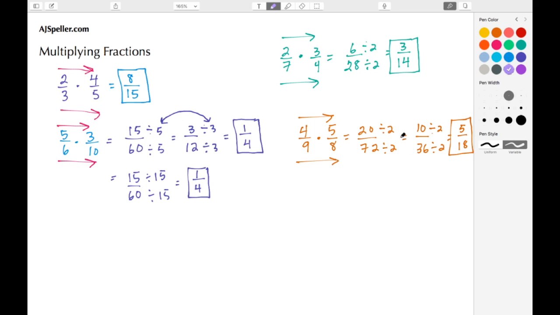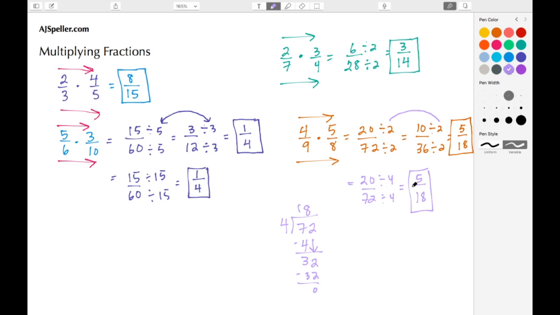And again, we did not divide by the greatest common factor. Here we divided by 2 and divided by 2, so that means that the greatest common factor would have been 4. So let's do that here. So 20 divided by 4, and then 72 divided by 4. So 20 divided by 4, of course, gives us 5. And if we do the long division with 4 as the divisor, 72 is the dividend. 7 divided by 4, that's 1 time. 1 times 4 is 4. 7 minus 4 is 3. And then I bring down the 2. 4 goes into 32 8 times, and 8 times 4 is 32. No numbers left, so I know my denominator here is 18.